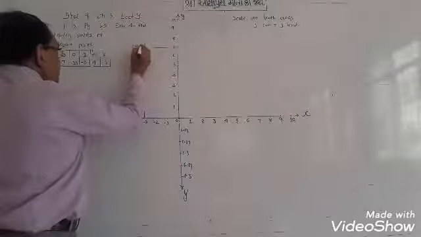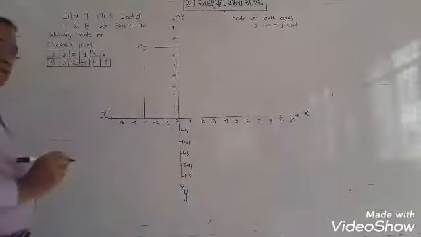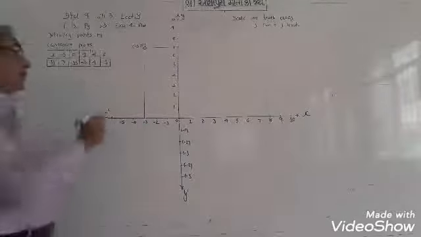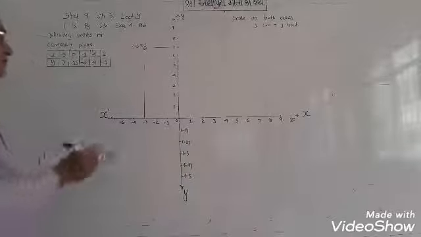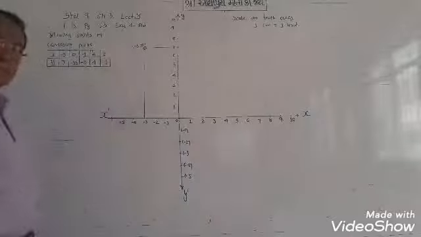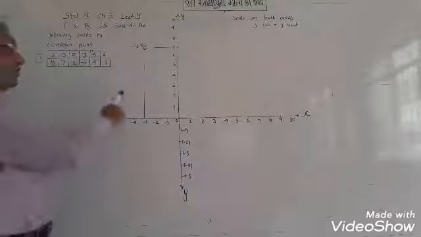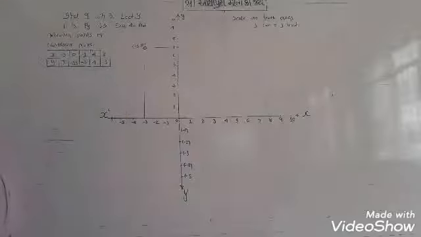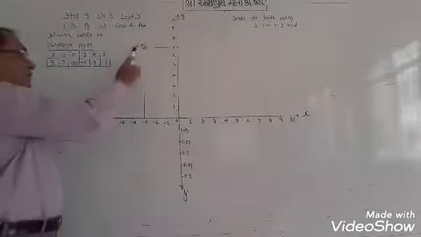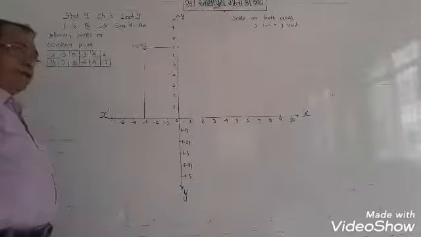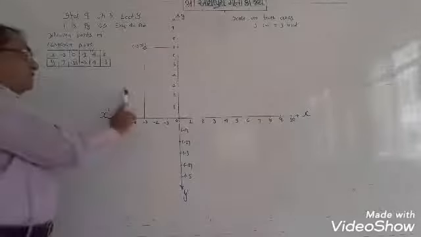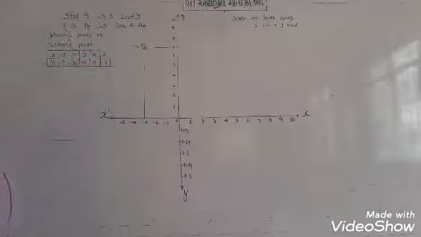-3, 7. You can draw a very small circle about 1 millimeter in diameter. Okay, just -3 and 7. In which quadrant does it lie? In the second quadrant. When the x coordinate is negative and the y coordinate is positive, it lies in the second quadrant. Clear?